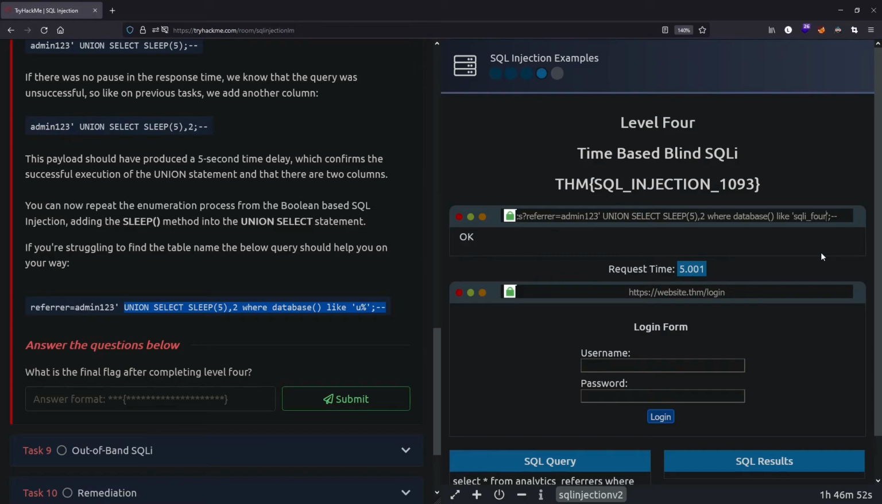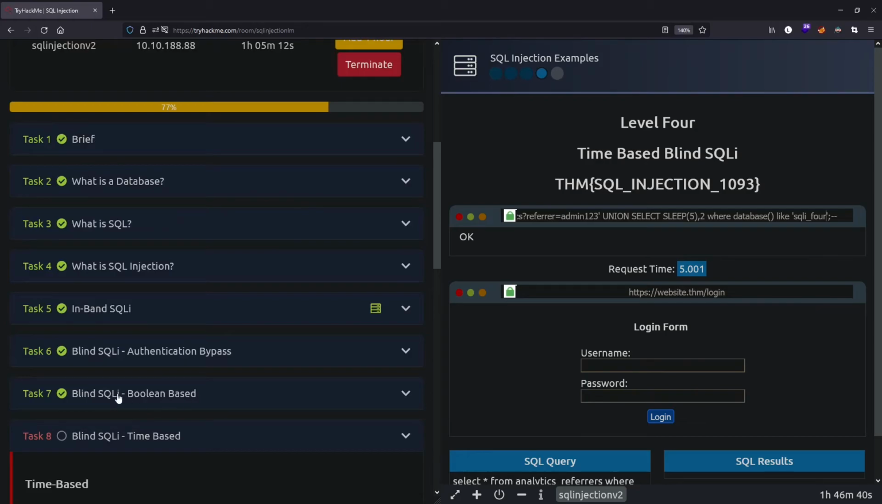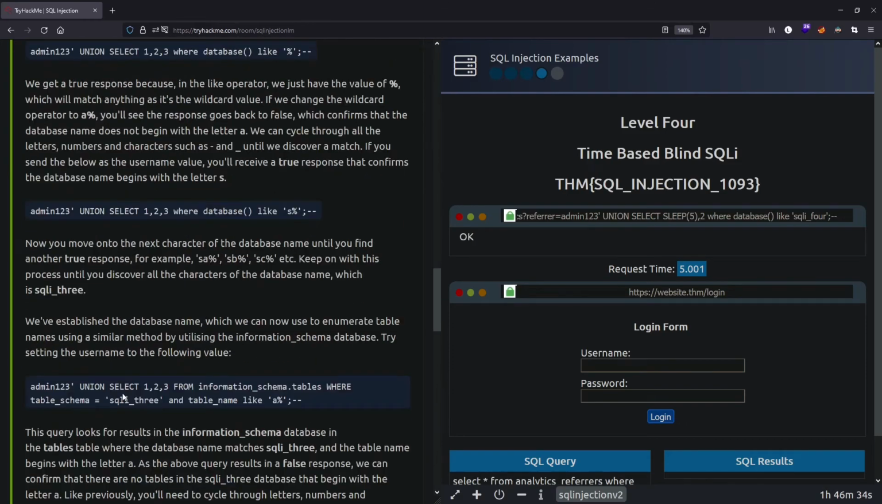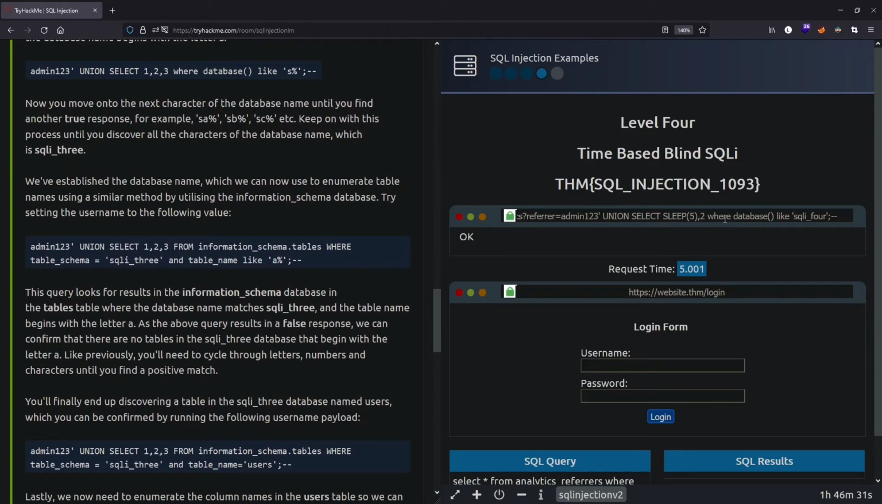Perfect. So now once we know the database name, we'll go on finding the table names. So using our previous payload that was in Boolean based blind SQLi, you see the same payload here. So let's say from information schema dot tables, where table schema is equals to SQLi 4, as this is our database name, and